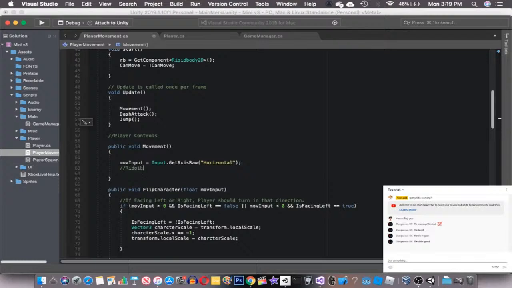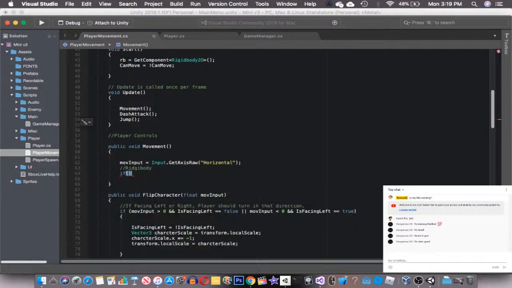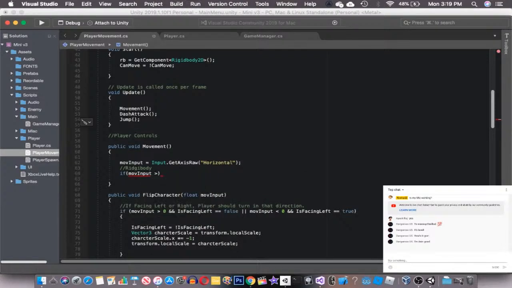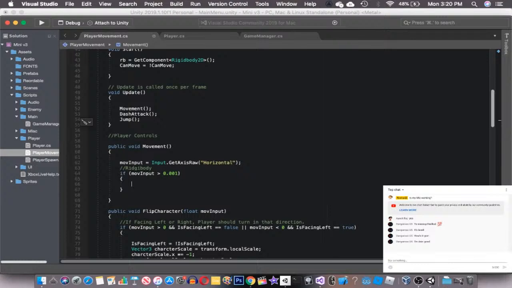The rigid body stuff. So what I'm going to do is, if movement input is greater than 0.01, which is going to be going right, so if move input is more than that, then